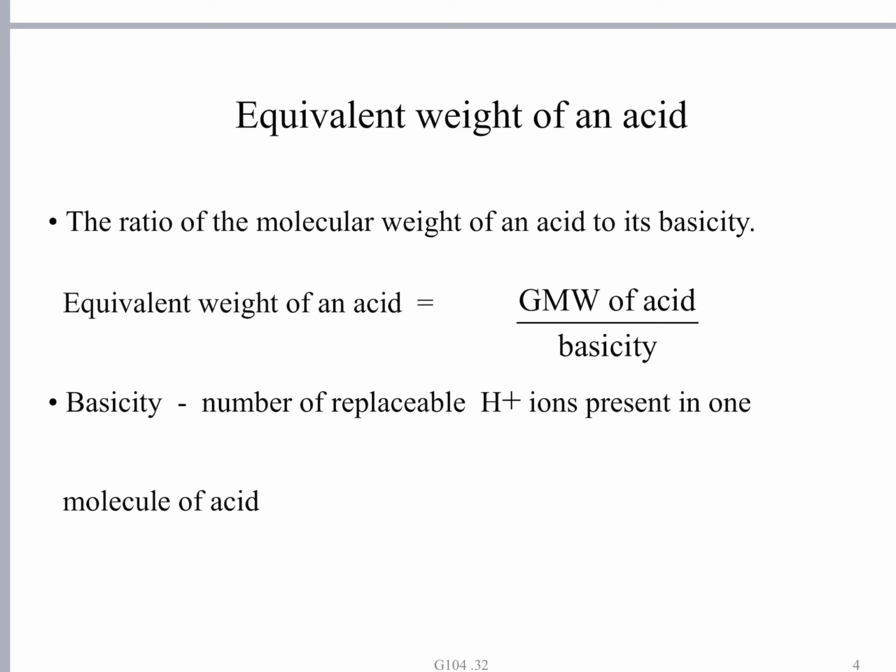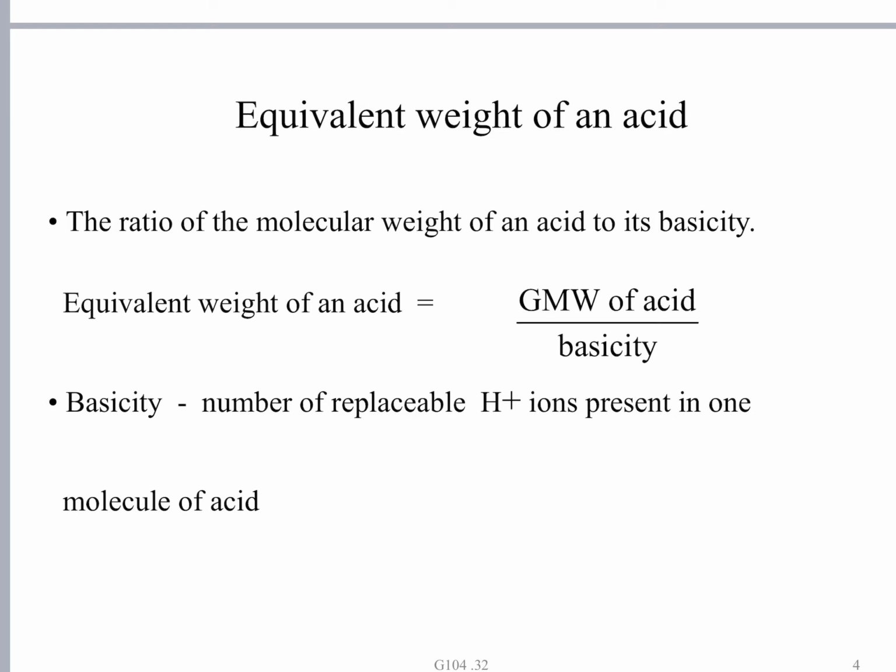In the earlier case, we learned the mole concept, then we proceeded to solving molarity problems. Because to solve molarity problems, the concept of mole, the number of moles, and also the concept of molecular weight were essential. Without that, you cannot solve molarity problems. You cannot know the concentration.